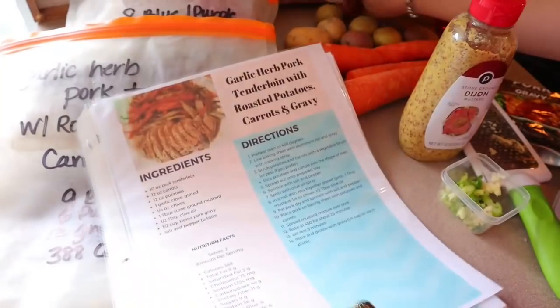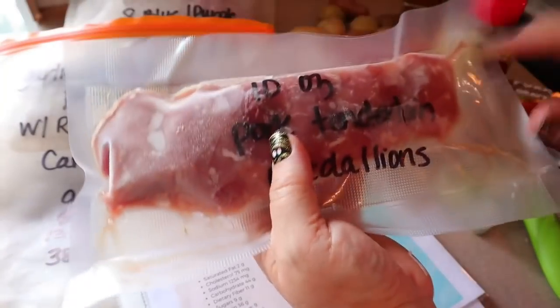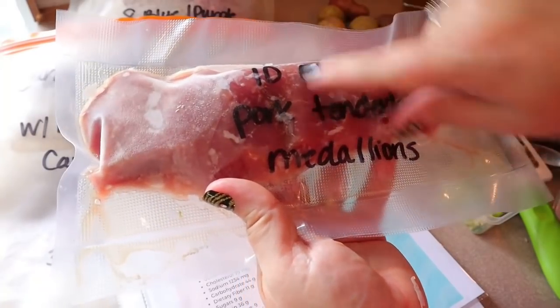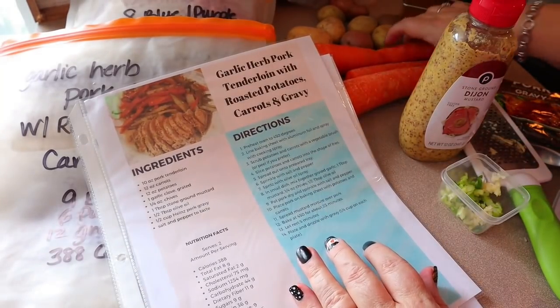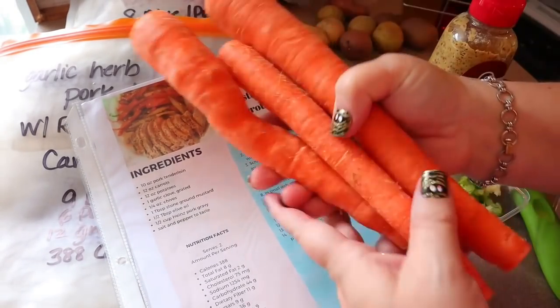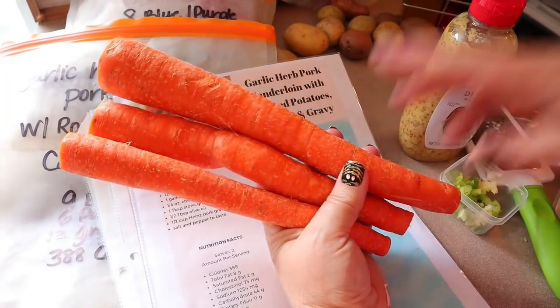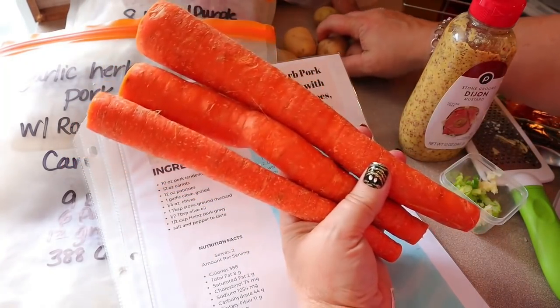So 10 ounces of pork tenderloin. And like I said, I just took this out of my freezer. So I have my pork tenderloins that are cut into medallions. I just cut them up into smaller pieces. And then we need 12 ounces of carrots. You don't have to be exact. In fact, I have 13 ounces. So I just put these in the bag with my potatoes. So 12 ounces of carrots,